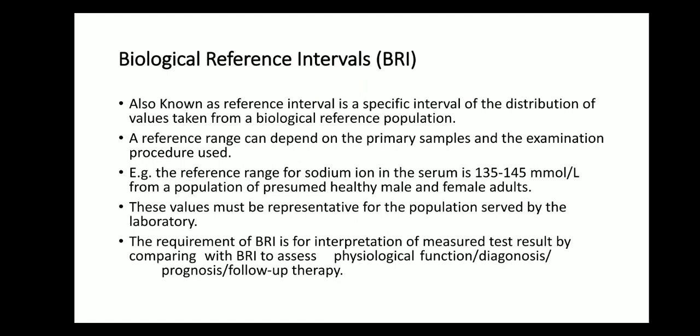If QC is there, the Levey-Jennings chart will show it. Many graphs are there, and you just have to know them. In detail it is not required, you just have to know the names. Based on the graph only we will dispatch the report. There are many rules, the Westgard rules. I want you all to make a note on the Levey-Jennings chart and Westgard rules. There is the R4S rule, the 4S rule, the 1S rule, many rules are there.